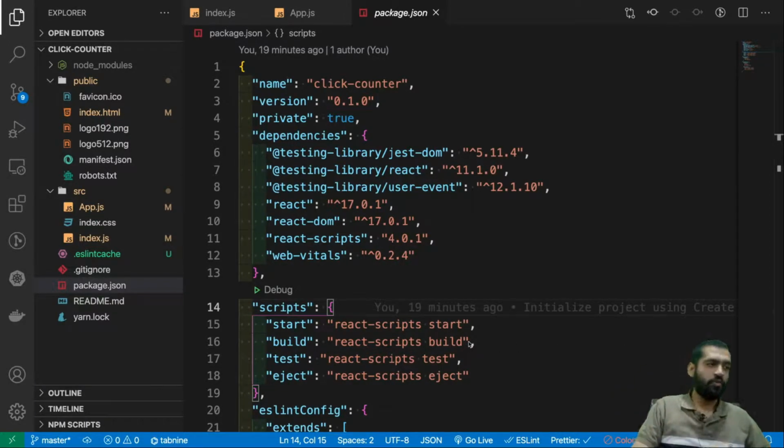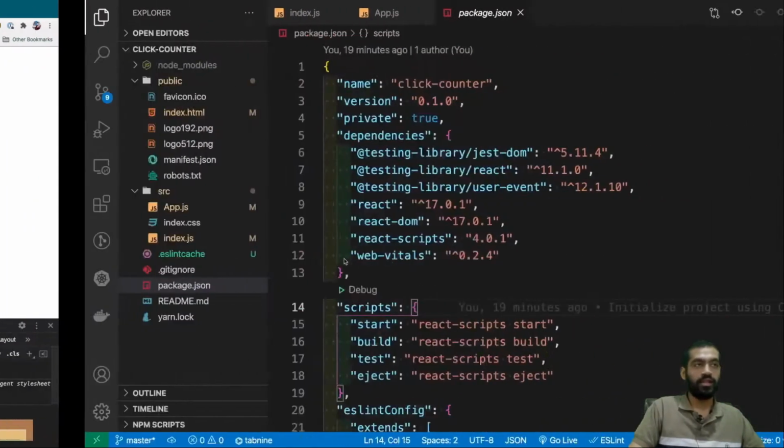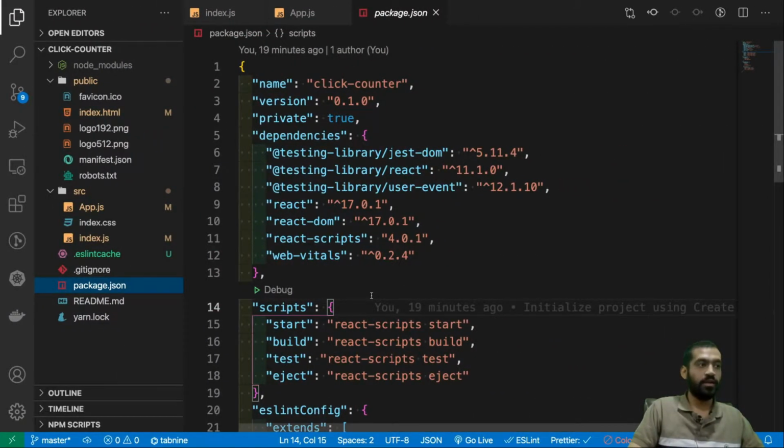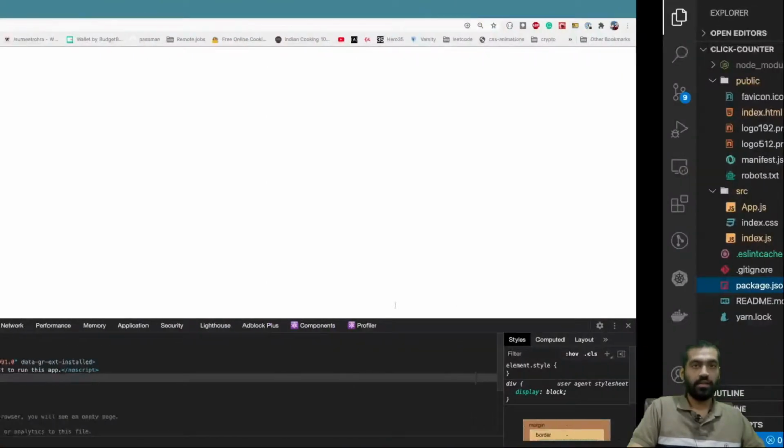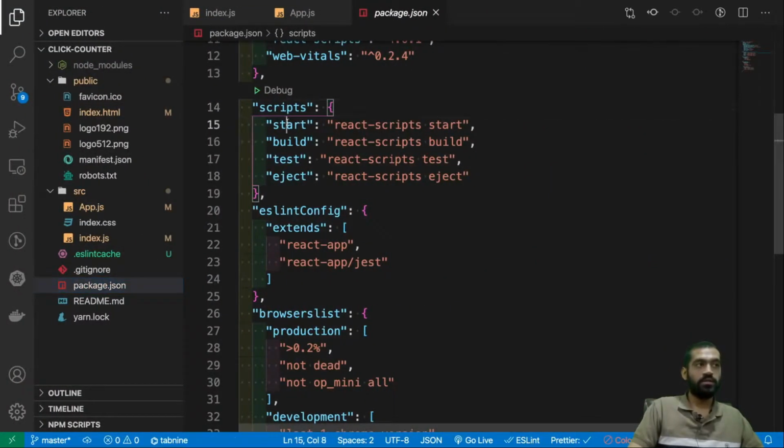So welcome back, and before going any further, let's just see what's happening here, right? Okay, so to start a project, as we saw, we are typing yarn start, but what does this even mean? So when we do yarn start, yarn looks for the package.json file inside the folder. And inside our folder, we have this package.json file, and in that package.json file, yarn looks for the script called start. Okay, so here's the script start. So what happens is yarn start essentially runs react-scripts start for us.